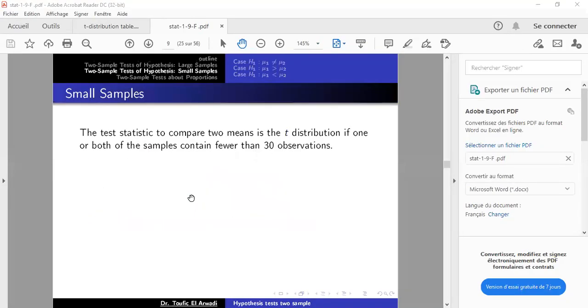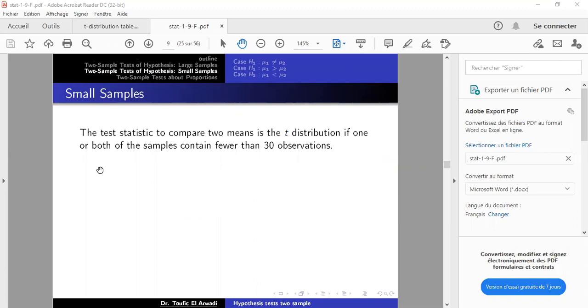Hello students, today we'll talk about the two sample hypothesis test for small samples. Last time we talked about the hypothesis test for large samples. In general, if the size of the sample is small, then we use the t distribution instead of the normal